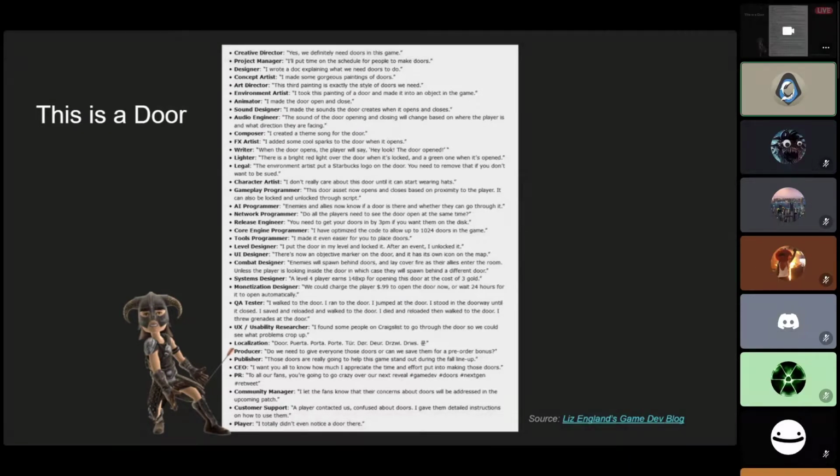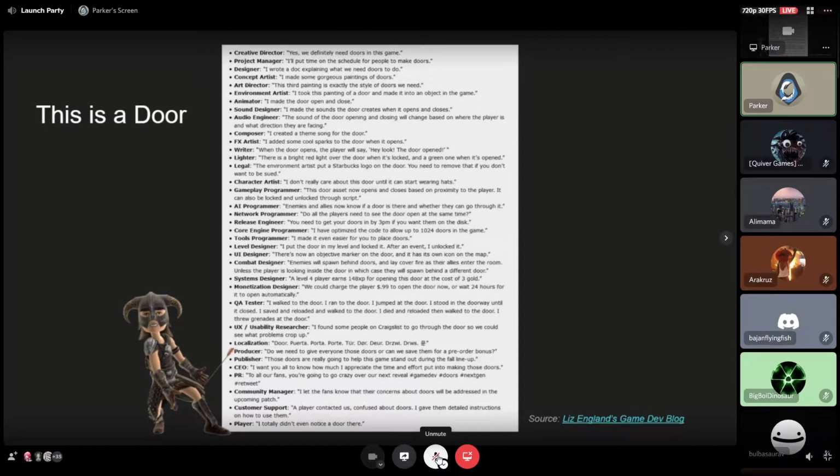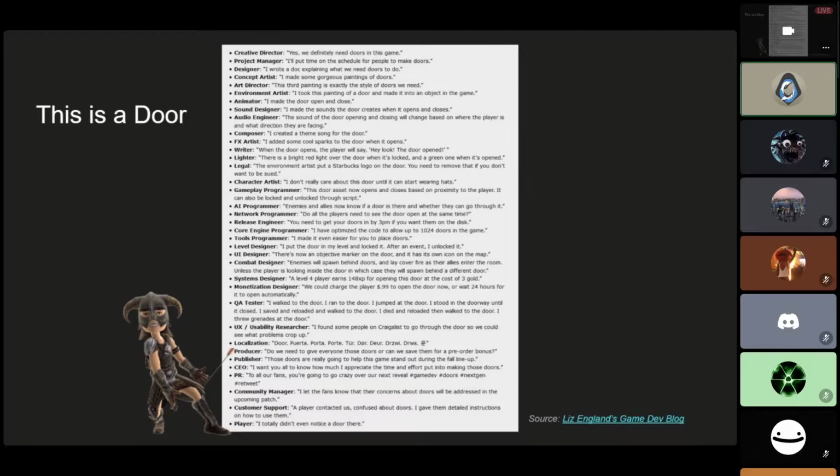I think something you can do is look at different job openings at different companies and see what their requirements are to apply. A lot of them will say 2 to 3 years of experience doing this, a passion for this kind of game, and then they'll have nice-to-haves, like a degree in psychology.